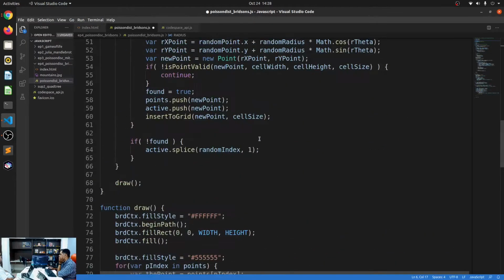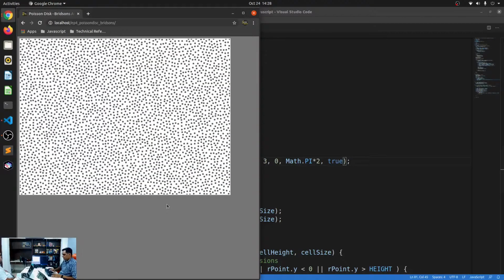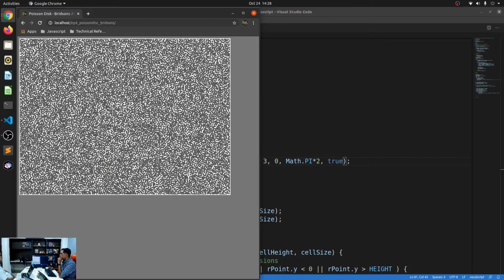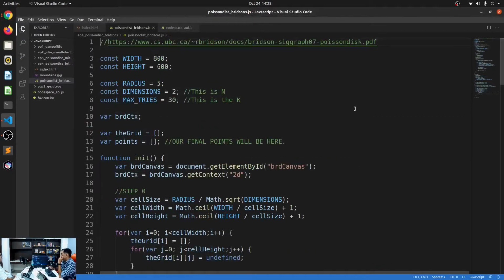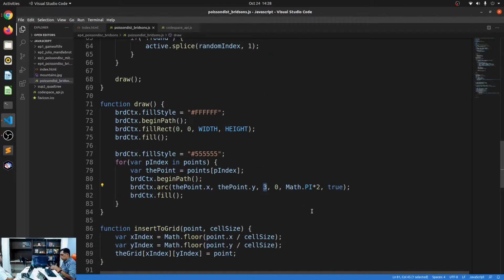Oh, come on, where is it? The draw function. I mean, I was looking at the draw function. Okay, 3 is good, I think. That's too crowded? Maybe we should make it 6? The circles' radius 2. Okay. Yeah. Let's do that.